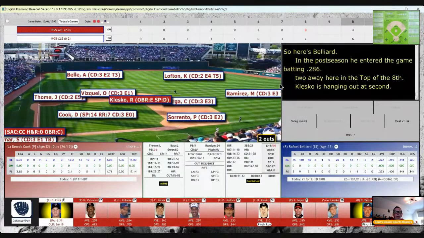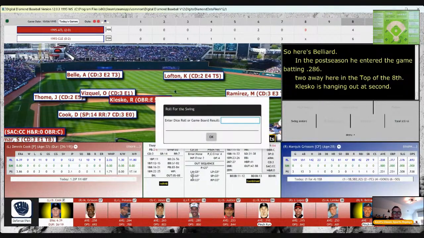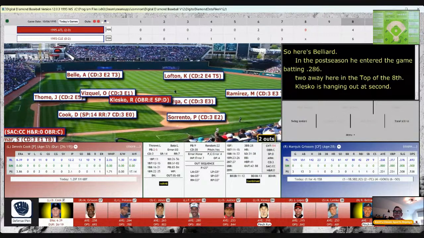So, second home on a single, running at an E. It's 11-58, but you're going to add 20 because it's 2 outs. So that's 11-78. He is going to attempt to come home, and he will make it. So that's a 1. It's a 1 BF 9. The runner on second will take 2 bases. And that's going to score Klesko, and we're going to have a 6-5 game here in the top of the 8th.